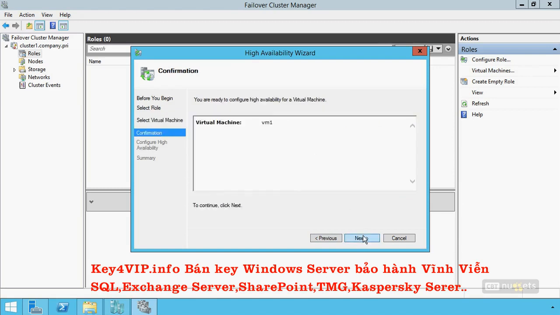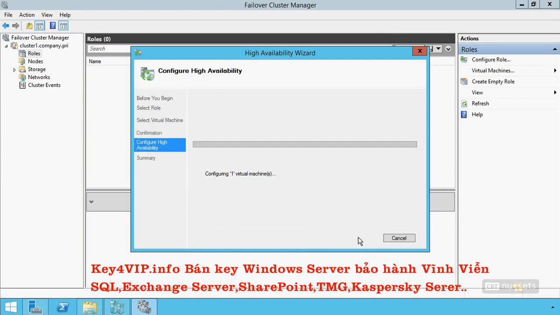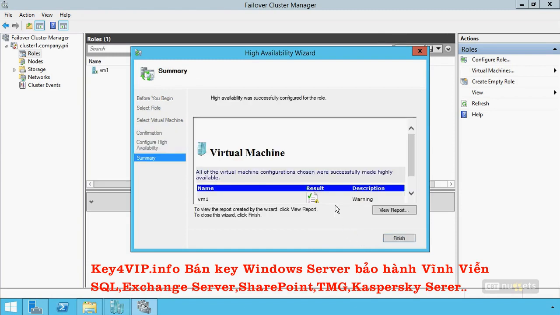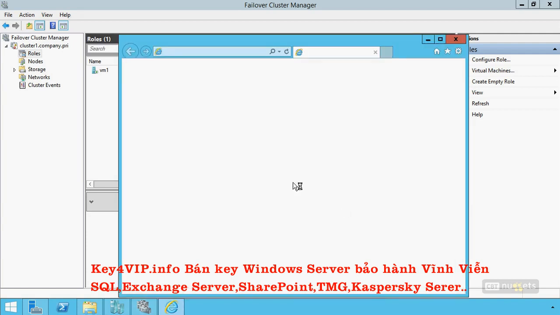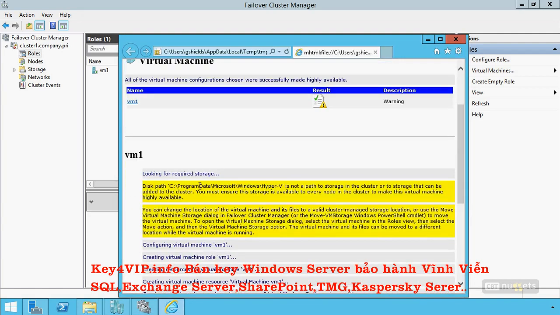Now, when I do that, one of the things that's pretty curious about the process is that configuring the virtual machine for high availability completes, but doesn't do it correctly or fully. There's an interesting warning here that says, hey, wait a minute, the disk path for this